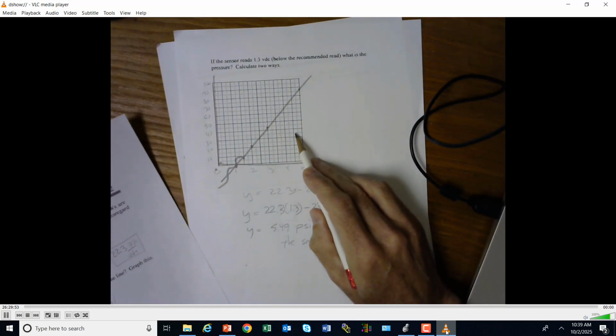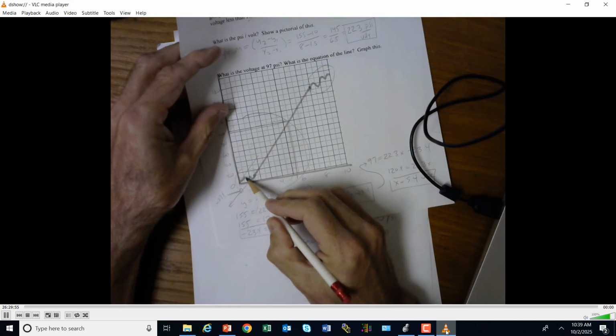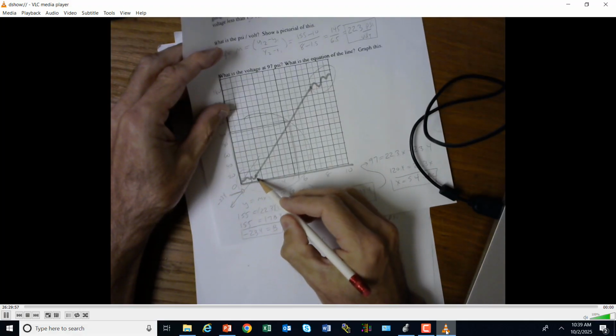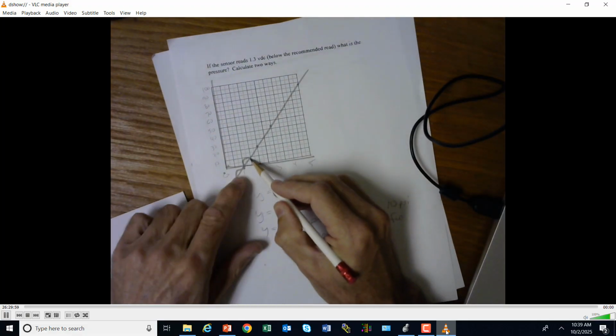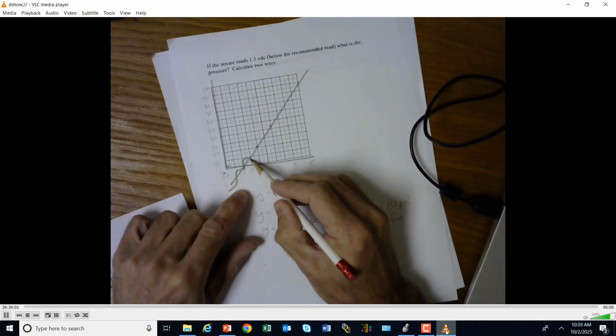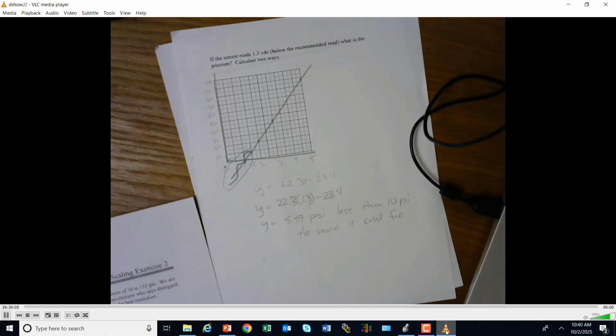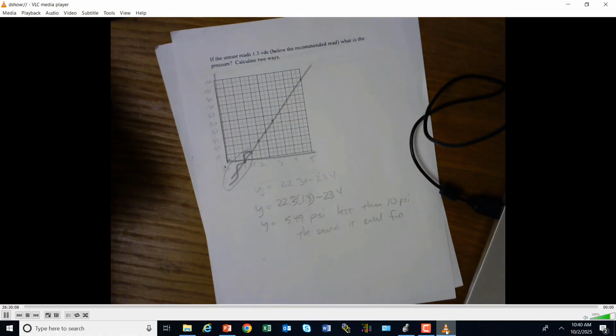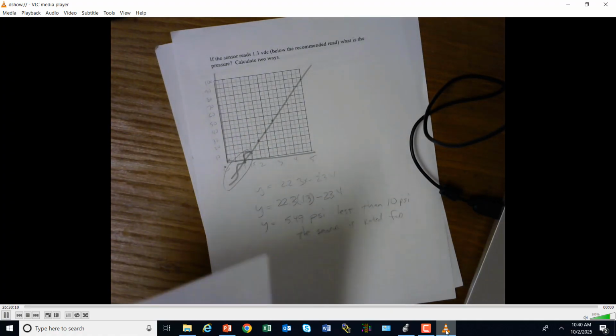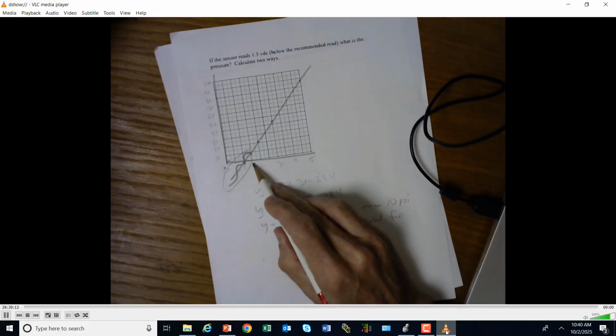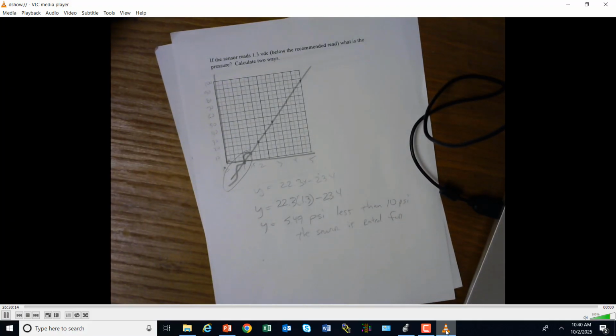I didn't give you the whole thing. So the squiggly mess down here that starts at 1.5, that's what I got right here, 1.5. The squiggly mess starts here at 1.5. So we're going to say, well, what if we're reading below what the manufacturer recommended? Because we're reading at 1.3 and the manufacturer said only read at 1.5. Well,